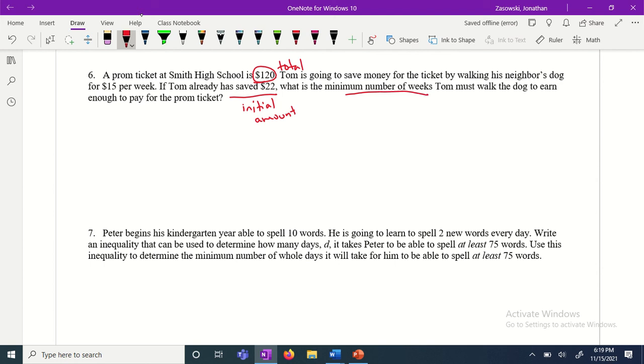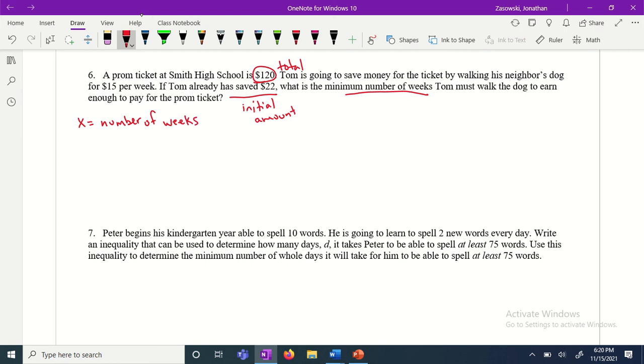Now, there's two things I can tell from this. Number one, I know what my key is now. X is the number of weeks. And I also want to know, did they give me a variable to use? Sometimes they'll say like W, the number of weeks, comma W, then you have to use that letter. Here they didn't, so we can just make our own key. So number of weeks,